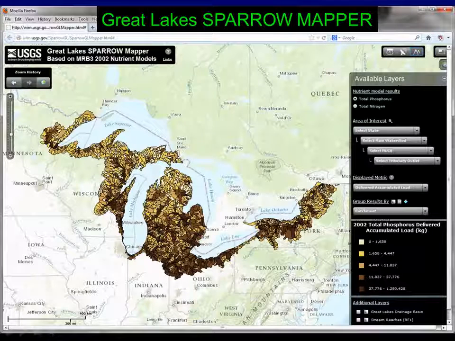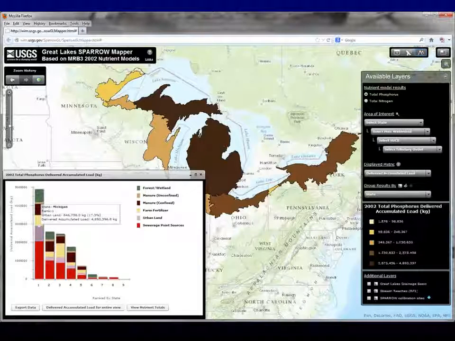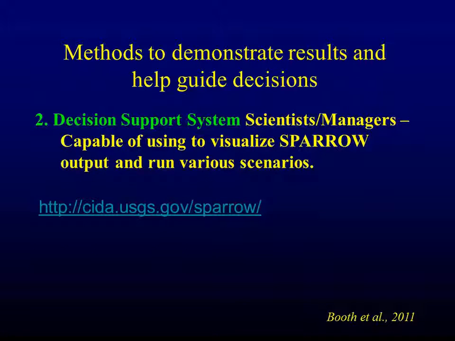We were getting this from some people in Washington. They didn't want to make that one click to get to the Great Lakes. So now we have a Great Lakes mapper that automatically takes that one extra step and goes down. So you can break it down that way. You can also break those down by state. And so if you took out Michigan, you can see what the individual sources are coming into there.